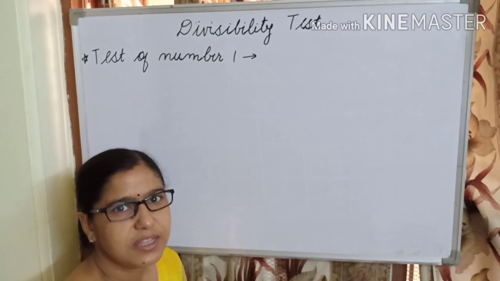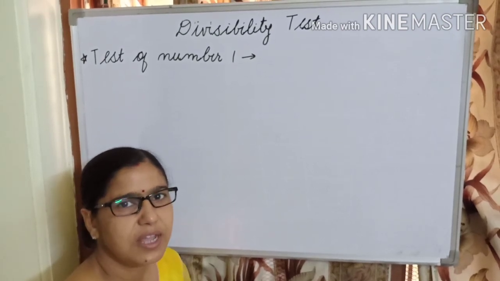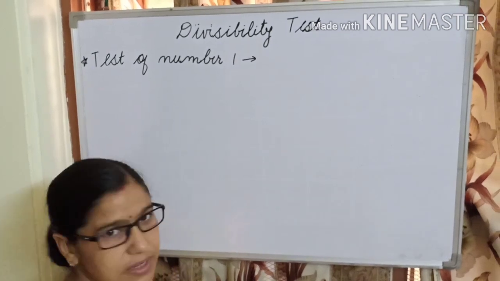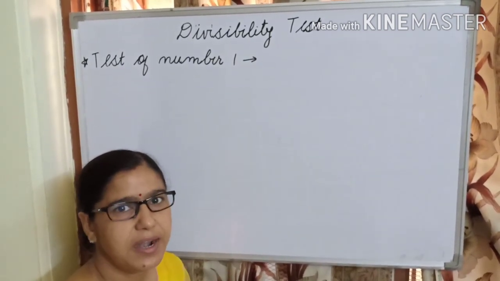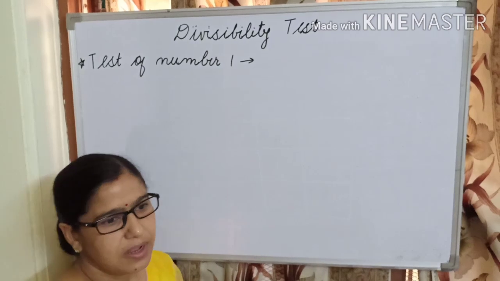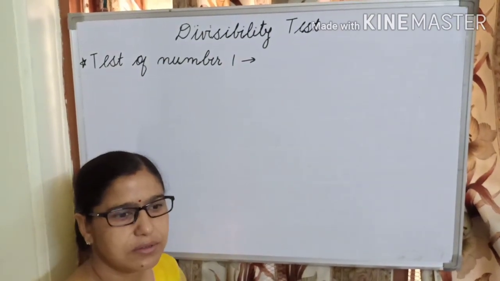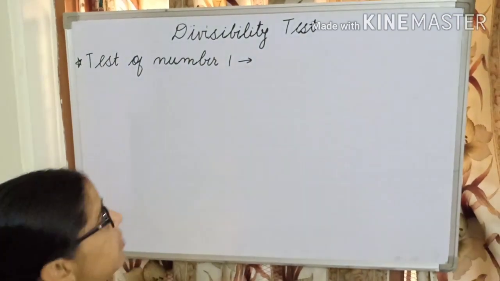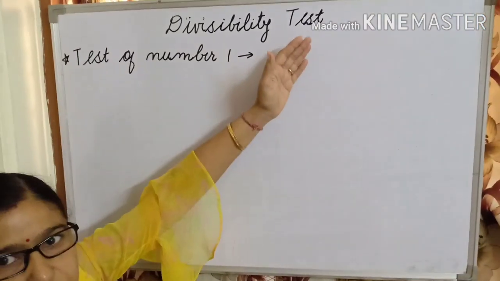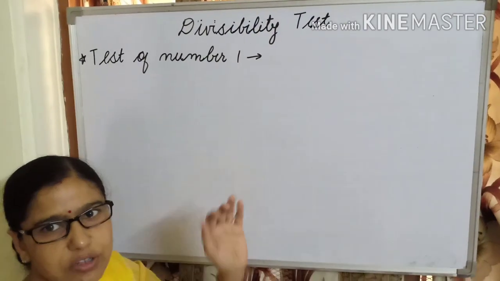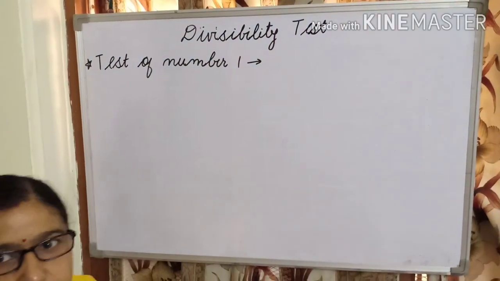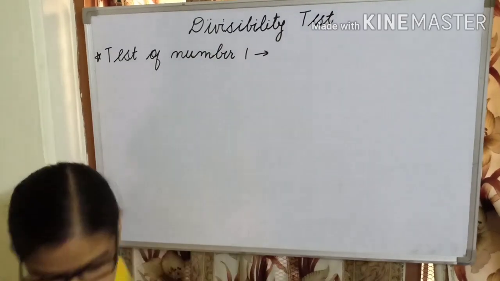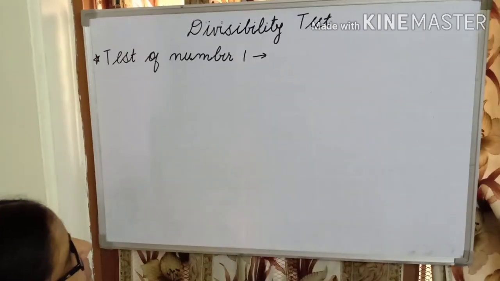No matter. In the previous lecture, in the previous topic, we have done the factors and their definition. Now we are going to increase our topic further and move ahead. Then we will do the divisibility test, because we have to find out the factors of the numbers. Before finding the factors, we must know the divisibility test. What are the divisibility tests?